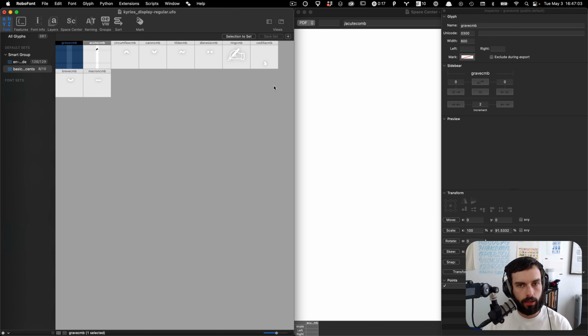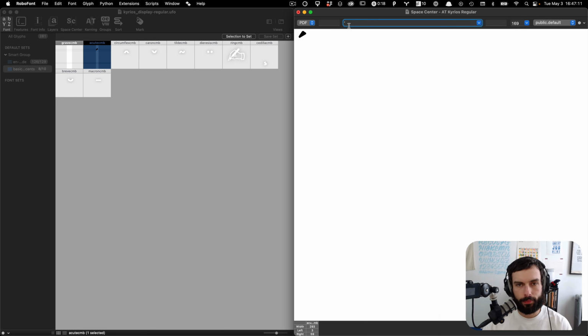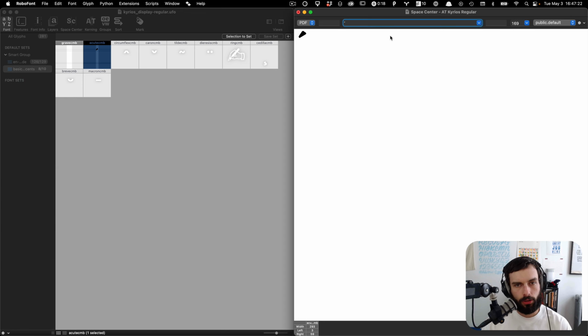Okay, so I'm going to pop this back. Here's what I'm looking for. It's really kind of a small detail perhaps in a video, but if you press Option Command S when you're hovered on a glyph in this view, it'll pull up in the Space Center in RoboFont, and it'll give you like the